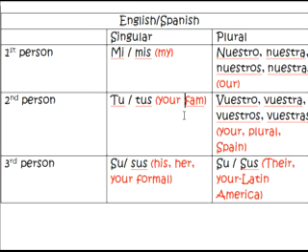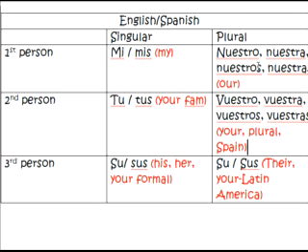You're familiar. When you know someone well, you use this one. Vuestro is the one that's used in Spain, used in literature, and used biblically also. Third person, su or sus, his, her, are the your form, or the usted form. And then finally, there is the ustedes form, your, in Latin America. And again, notice that there are two forms on every one on the left side. So there's only a singular form and a plural form. On the right side, for the first two, there is a singular